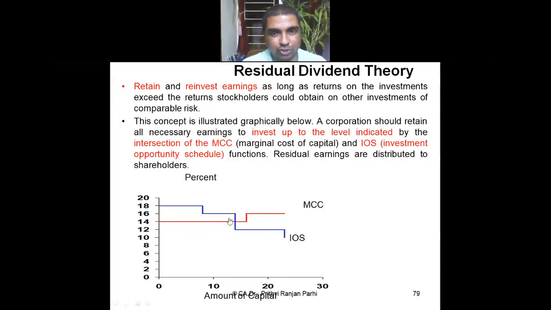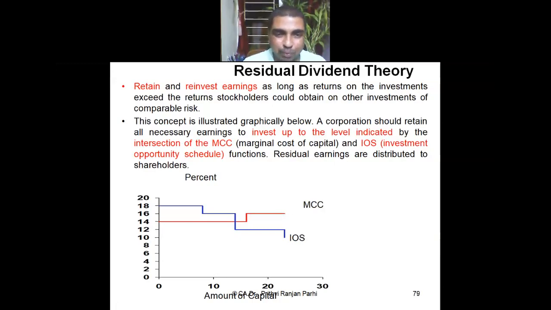And if you see our cost, up to a particular amount, cost will be like this. After that, if you want further money, cost will increase. Suppose you want a loan of, let us say, 20 lakh, you may get it at 9%. But if you want 30 lakh, you might have to pay more. You want 50 lakh, you might have to pay more. Is it not? So cost of capital will increase. If you want more and more capital, cost will increase. So on one side your return is falling as a result of additional investment. On the other side, your cost is increasing as a result of additional capital.